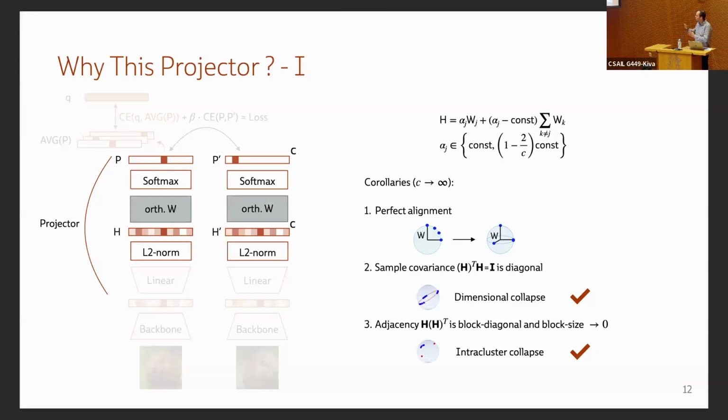The other property that we have is that if we consider the outer product, the multiplication of H and H transpose, we get a matrix that is n by n, where n is the number of samples in your data, your number of data points. And so you can think of this matrix as a sort of adjacency matrix where each input is associated to each of the other outputs. So you compute a similarity, right? And you can show that basically this matrix, thanks to the alignment property, becomes block diagonal.